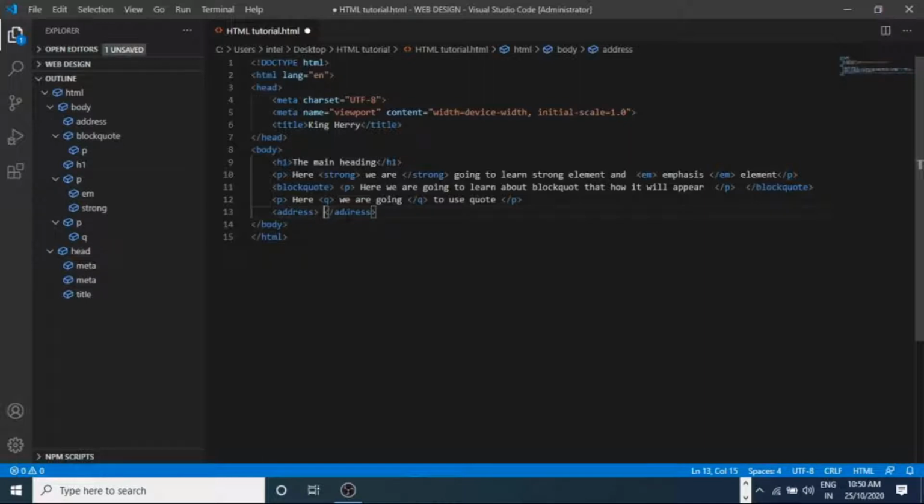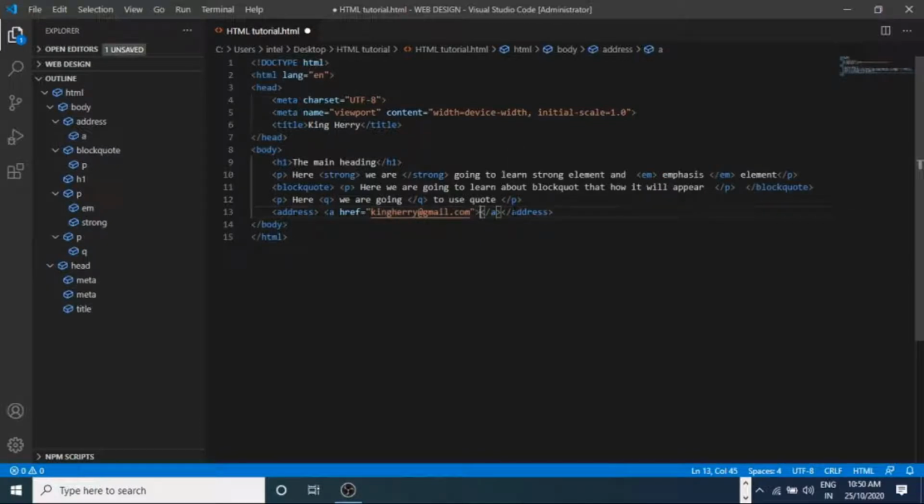So how to use it, I will show you. And for the other elements, unordered list and ordered list, there is a lot of misunderstanding in typing unordered list and ordered list.